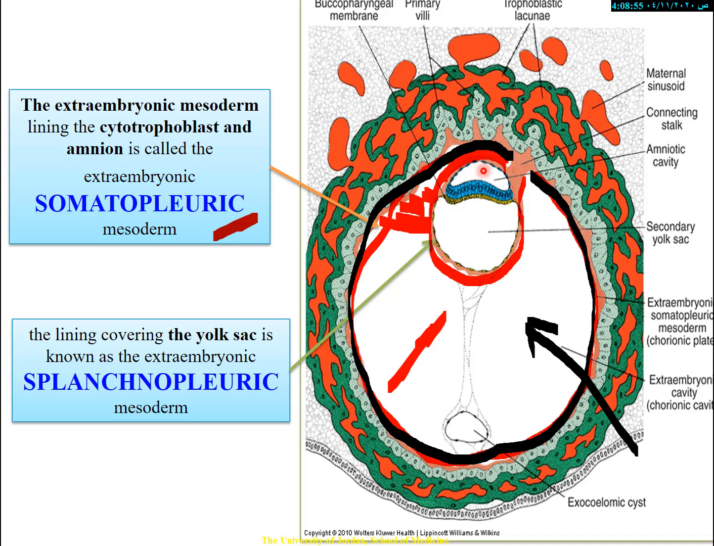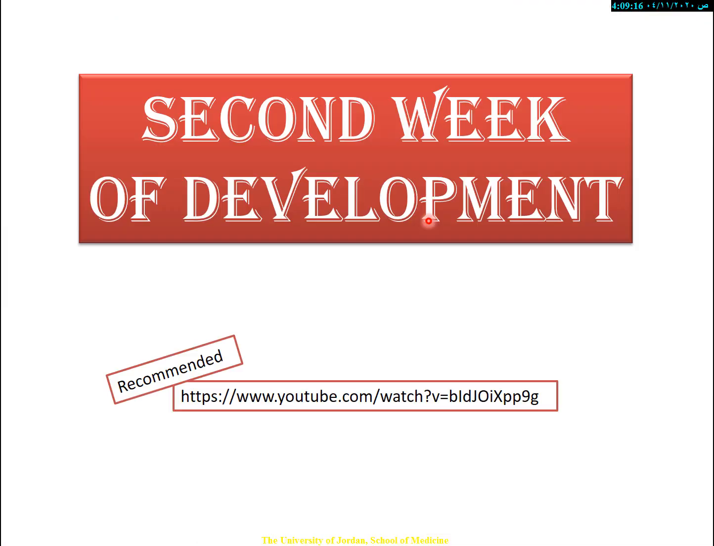What's this? It's the amniotic cavity. What's this? Now, that was the blastocystic cavity. When the cells migrated here, it became the primitive yolk sac. When the extraembryonic mesoderm attached to it, it became the secondary yolk sac. So, the primitive yolk sac, it was like this,